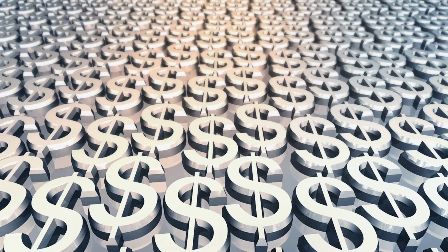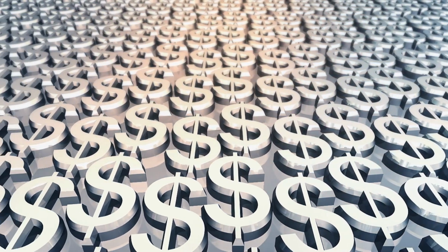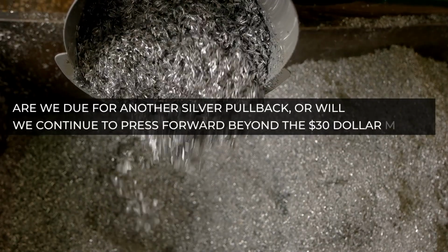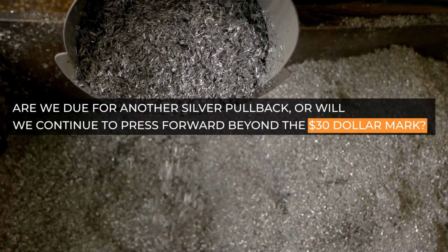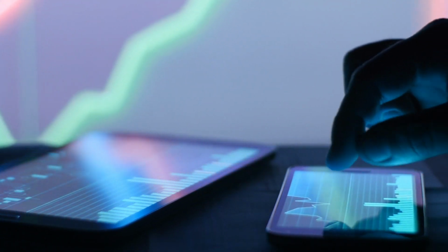As we entered June, the silver market was nearing levels close to $30 an ounce that we witnessed back in February, and it's precisely at these levels that silver has lost steam in the past. This begs the question, are we due for another silver pullback, or will we continue to press forward beyond that $30 an ounce mark? In this updated silver price analysis video, we'll be reviewing the latest silver price action and